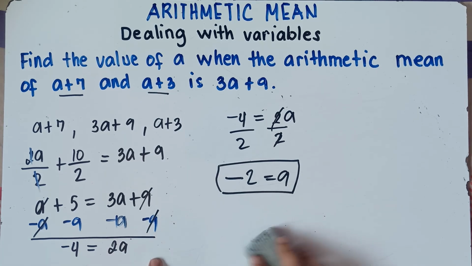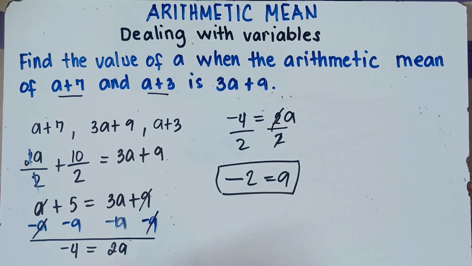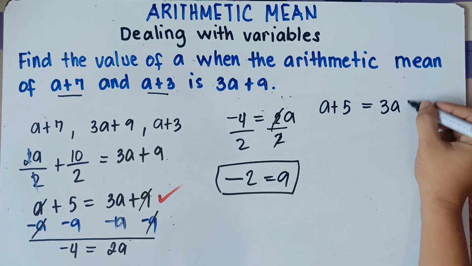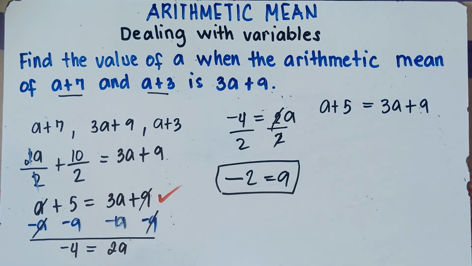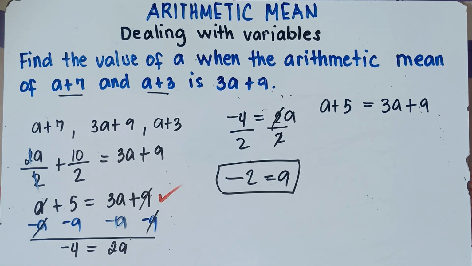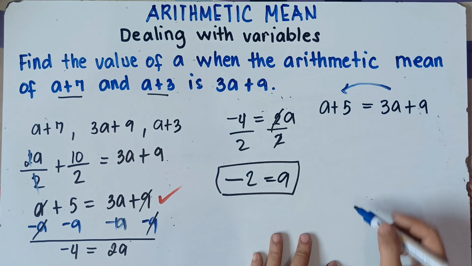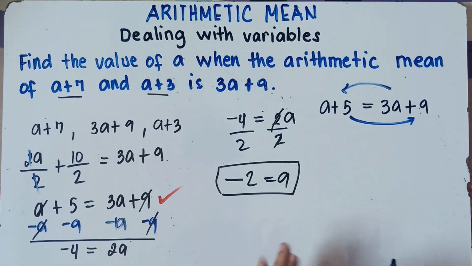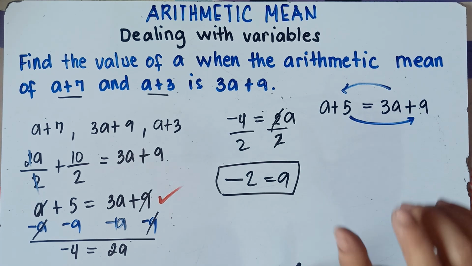Now, what is the second solution, sir? So let's have the second solution, class, based on this given scenario. Alright, so we have A plus 5 equals 3A plus 9. If you're confused with those properties of equality, class, don't be worried. We will have the second solution. We can transpose 3A from right to left, and then we can transpose 5 from left to right. Once again, class, once you transpose or transfer a term across the equal sign, you always